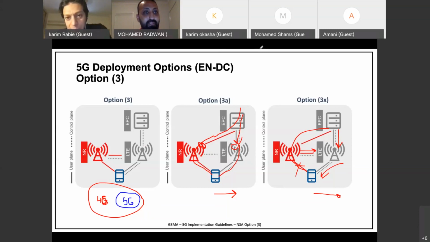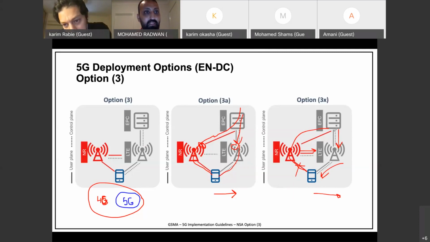Yeah, that's a very good point of view. In this scenario, the LTE is called the master node, and the new radio is called the secondary node. The good thing is that if you are in a 5G coverage, it's related to how you can split the bearer. If we define a bearer as a pipeline, and you have a bigger pipeline, you have a bigger throughput.